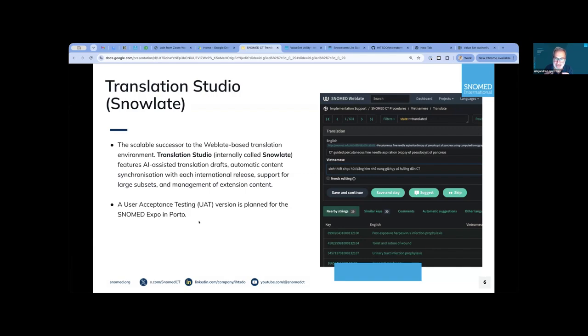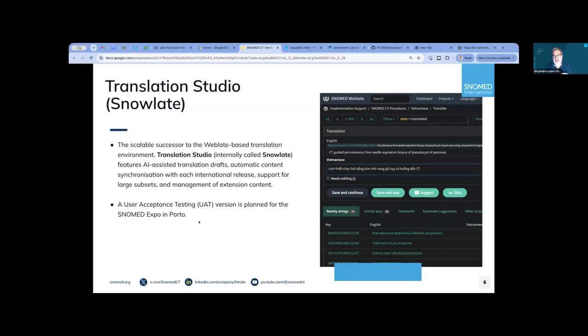There were some challenges into trying to push Weblate to be the main translation tool of SNOMED-CT. So we are working now on creating a translation studio tool. We call it internally SNOWLATE. But this is aimed to be presented in the Expo in Porto in the coming months.